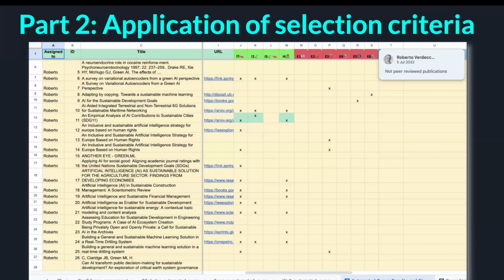I did this, I guess, 4 years ago. I see the emojis, I still kind of know hand-wavingly what they do. And you can even put comments and say, look, this E6, it must be peer-reviewed. And a paper is included if it satisfies all of the inclusion criteria and none of the exclusion ones, right? Maybe I have a paper which is about green AI, but I can't access it. I won't include it in my literature review.